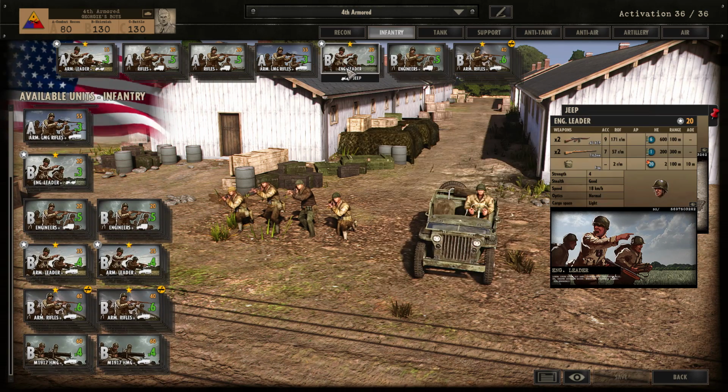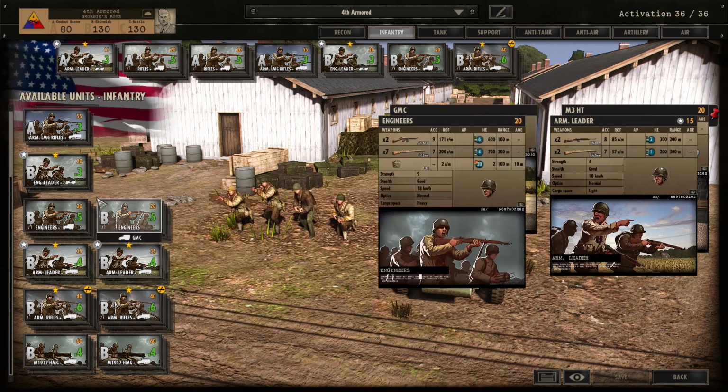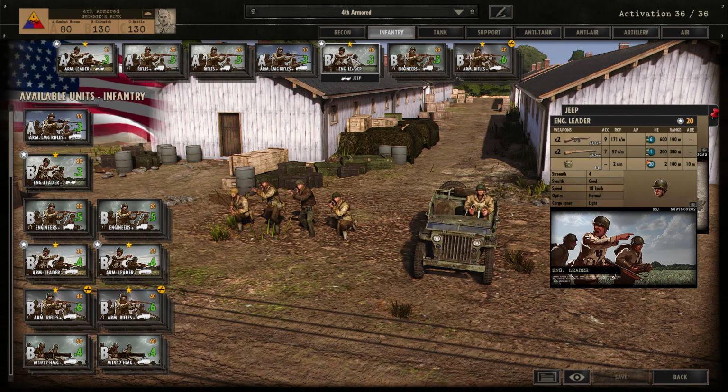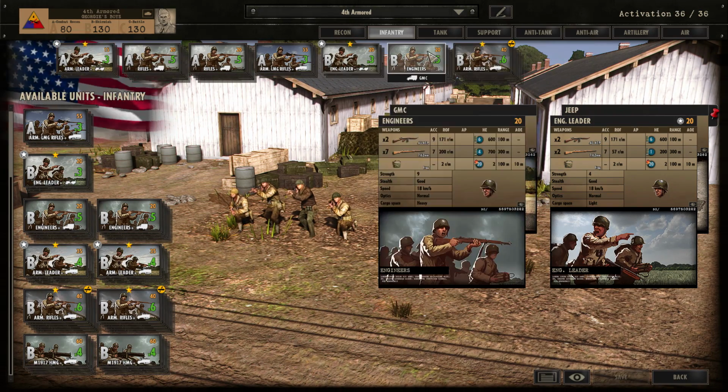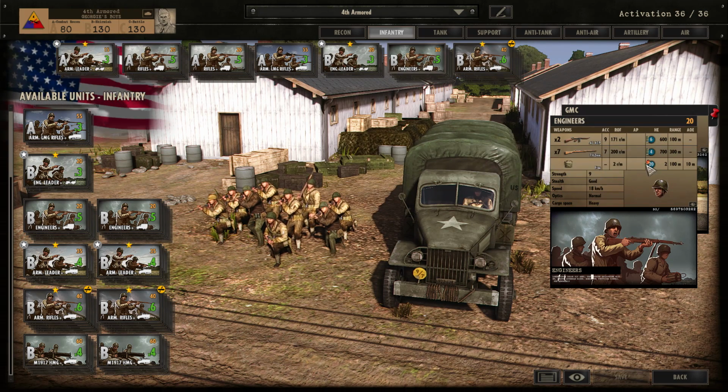So Armoured or Engineered Leader is a really good choice. You can get Armoured Leaders in the M3 half-tracks, but since these guys are simply 20 points and they can kill infantry squads on their own, they are a pretty nice choice for anti-infantry. Then we have engineers to accompany those, basically larger squads with like 9 men plus the grenades or the satchel